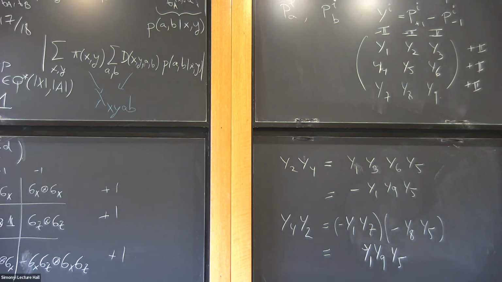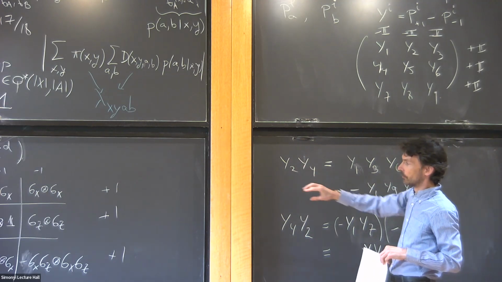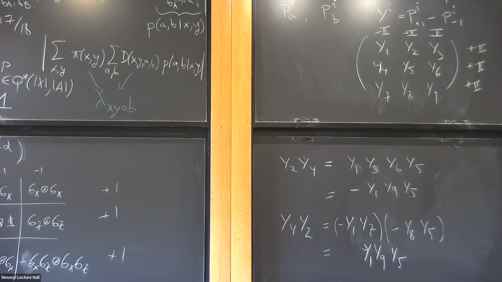Okay, so they anti-commute. You can show that, and then you can show even more relations that are going to give you in the end that they must be equivalent to things of that form. But maybe I'm skipping that. The reason I wanted to show you that is because this is a very important phenomenon for us. The phenomenon is that you can design a game. This game is called the Magic Square game.